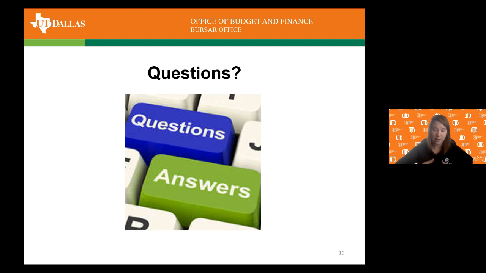So it'll ask you, do you want to set up automatic payments for the remaining installments? And then you can check that box and say, yes, you do. And then you wouldn't even have to worry about going on there and doing it yourself. We would automatically take it out of your bank account once the payment due date comes for